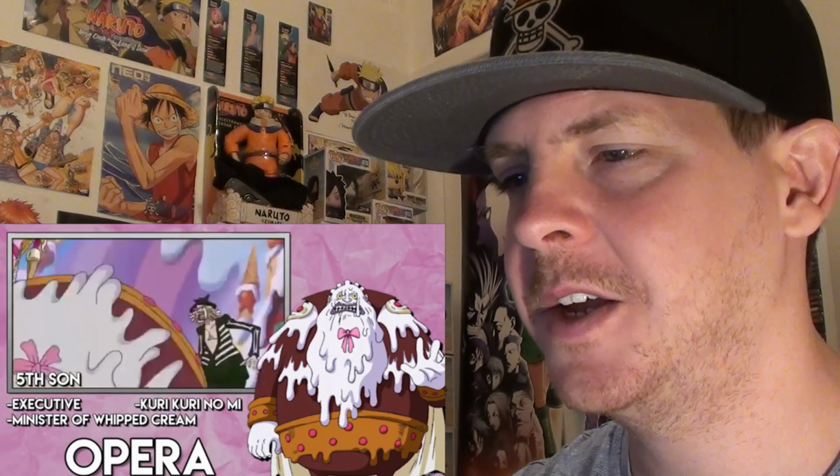Fitting with his role as the whipped cream minister, he is also a devil fruit user with the Curry Curry no Mi, or cream fruit, making him a cream human with the ability to create cream for various uses. The current status of Opera is currently unknown, as the last time we saw him, Big Mom took a great chunk of his lifespan away, meaning that